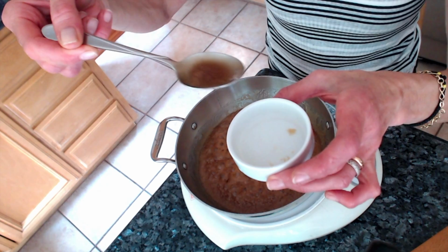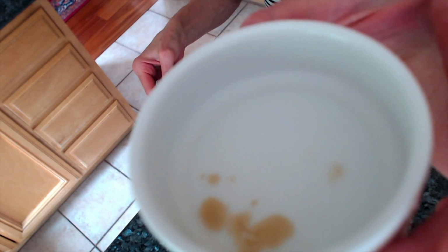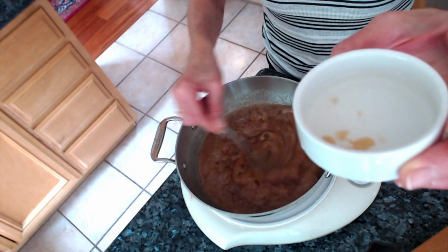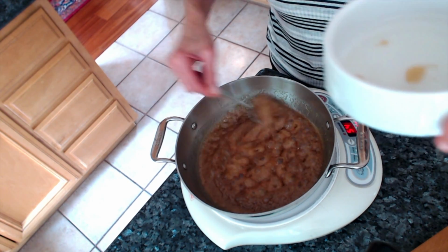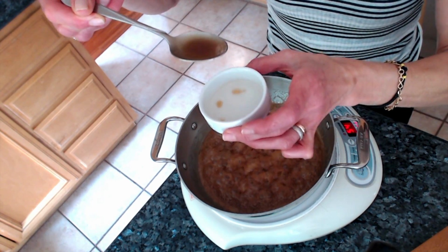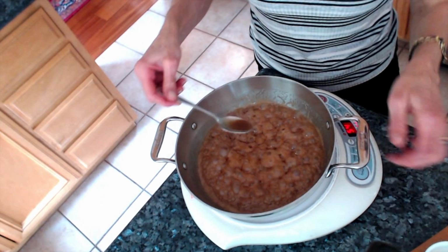Let's see now. They spread a tiny bit. I'll pour out this and I'm gonna try one more drop, because at this point the sugar burns really fast. You don't want to leave it, not even for a second. Okay, it's holding the shape, so I will turn it off,